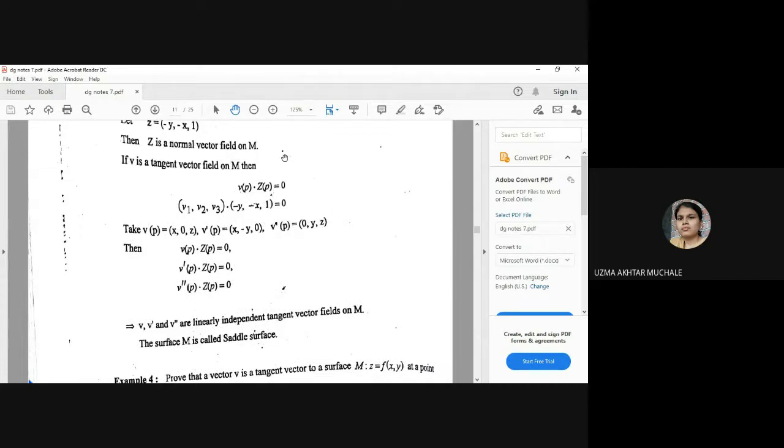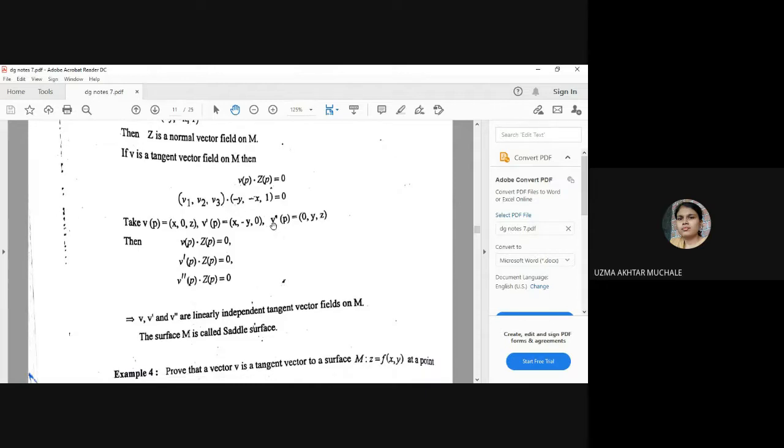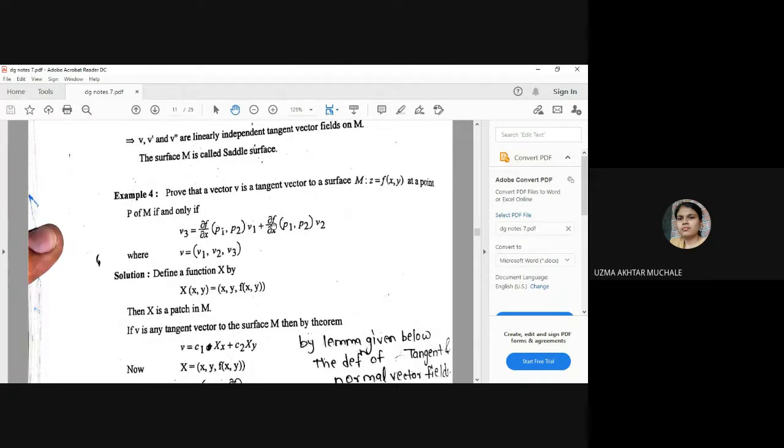In the last lecture I gave you one homework. No one has approached me. That means no one has seen that lecture. So in this lecture also I am going to give one homework so that I can understand how many of you are watching the lecture. Okay. So the product of these two we are going to evaluate, and you have to tell me how many such vectors are possible such that the dot product with the normal vector is equal to 0.